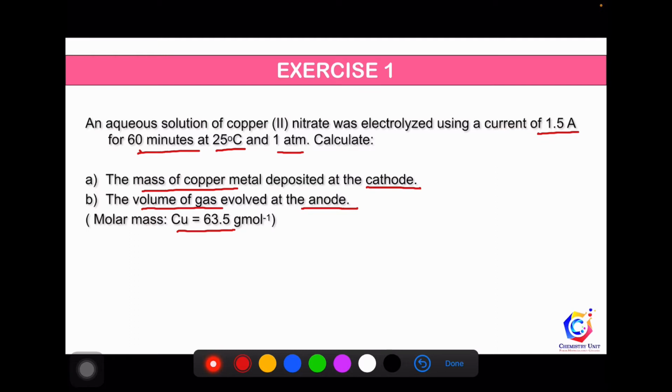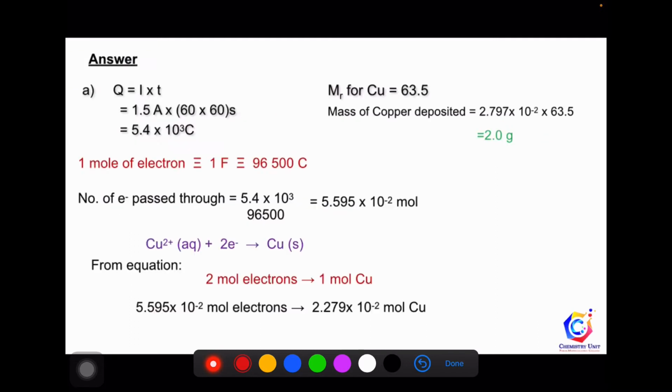In order to calculate the mass of copper metal, you must begin by calculating the amount of charge that is flowing in the circuit. That can be done by using the formula Q equals IT. Substitute in the corresponding values. Remember to convert time in minutes to seconds, and 5.4 times 10 to the power of 3 coulomb is the answer. Next, write out the relationship between the mole of electron and coulomb, which would be 1 mole of